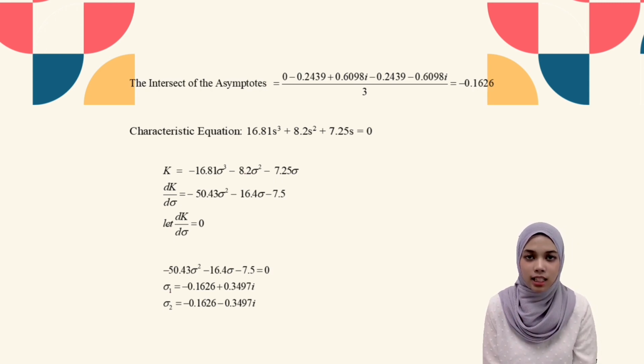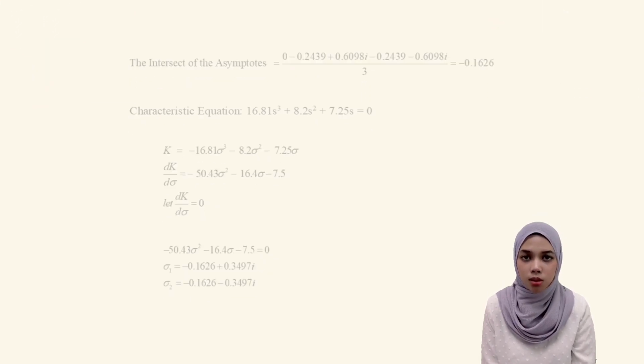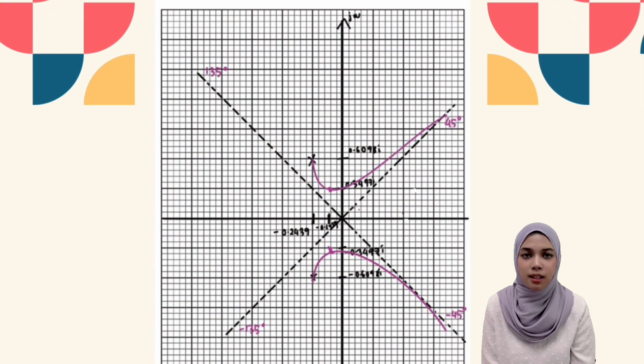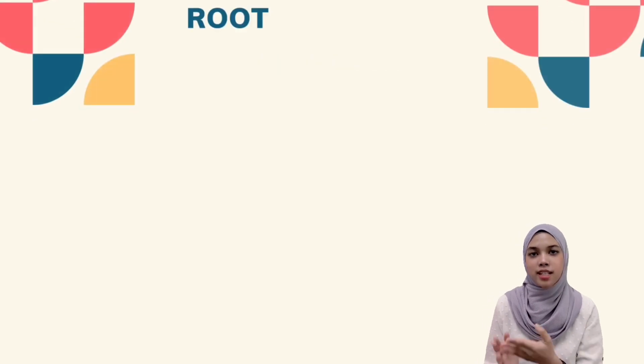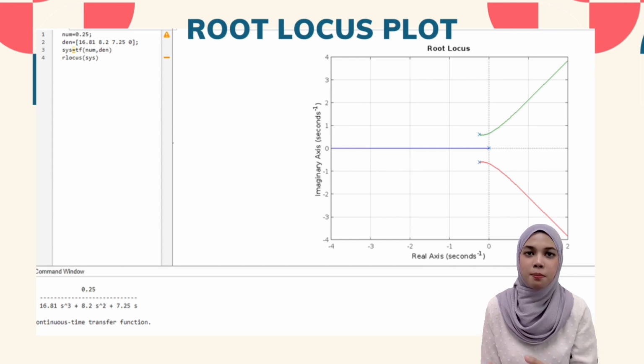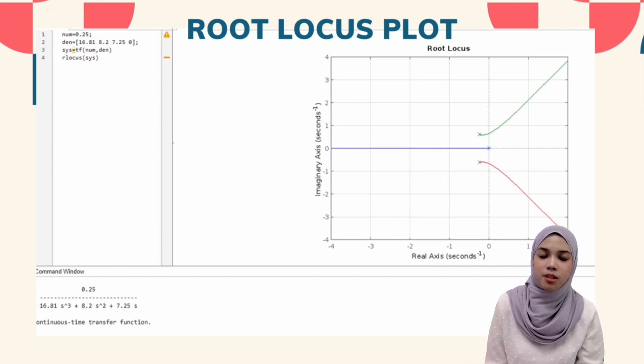After we do some calculation and differentiation, we will make a Routh table and plot the root locus diagram as shown in the slide. The roots are in the left half of the s-plane and the system is open loop stable, because there is no change in sign in the Routh table. With this information, the root locus plot can be manually drawn from the mentioned data. Based on the root locus plot, the system is open loop stable. We then compare our sketched root locus with the MATLAB generated root locus as shown in the picture below.